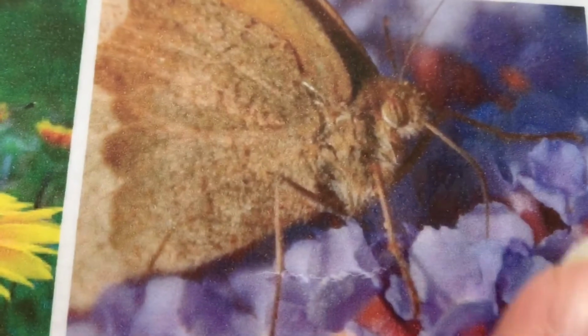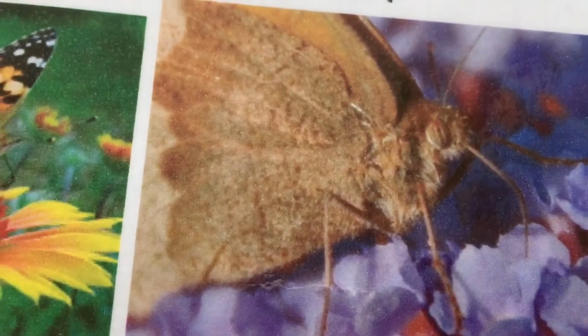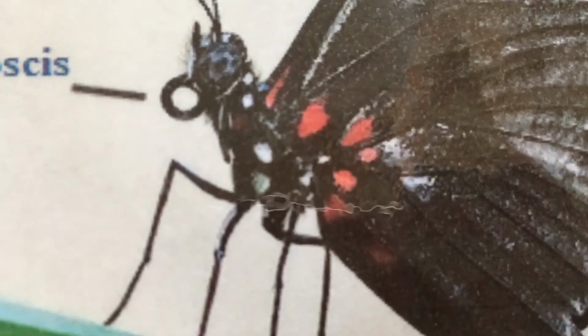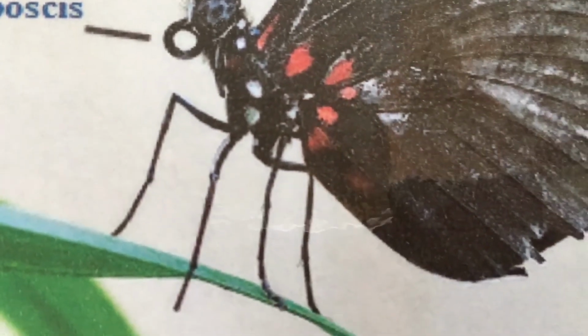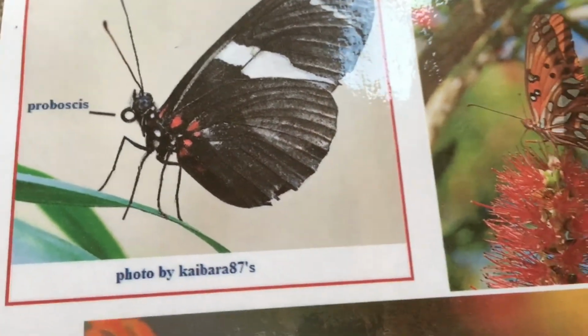And I think I'll go one more. Look. And there's its proboscis. There. So they use it like a big straw. Go drink as much as they want, and then remember it rolls back up like that, and they fly away with its proboscis all rolled up, ready to fly back to another leaf or another flower and drink up the nectar